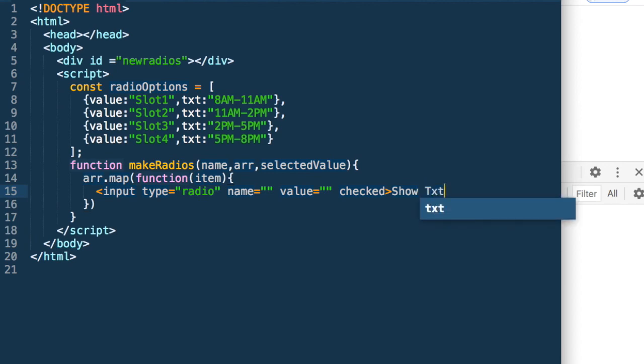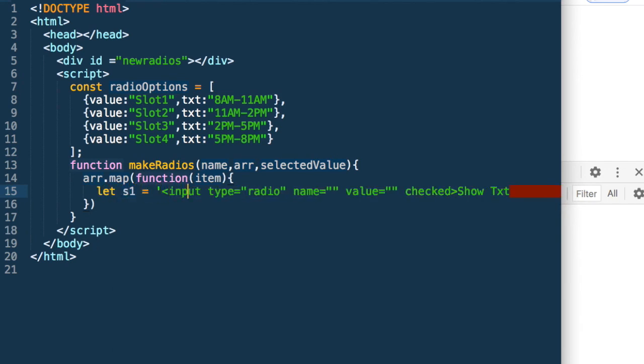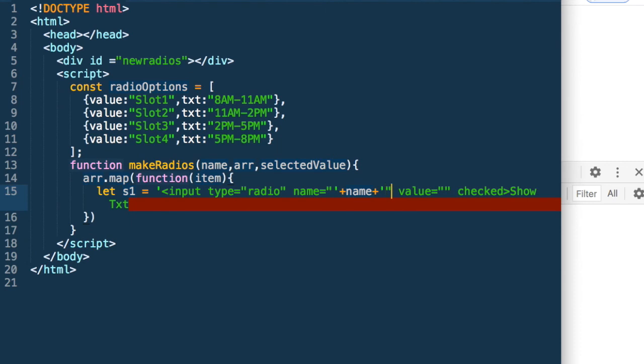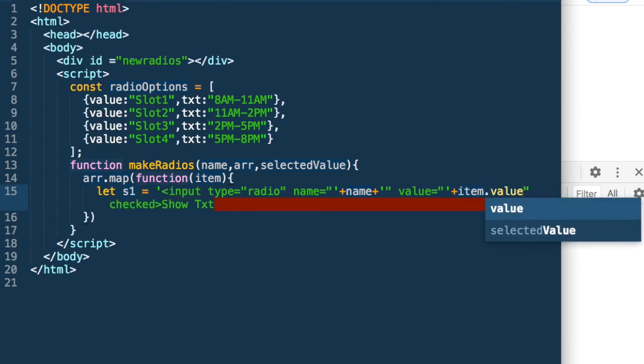This is the way we need to do it. So let's construct a string to do it. So let's say let s1 equal to input type is equal to radio, name should be, we have been given the name, value we have been given the value. What is the value? It is item dot value.